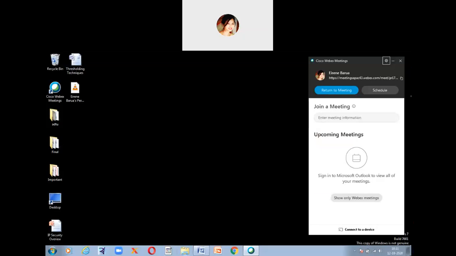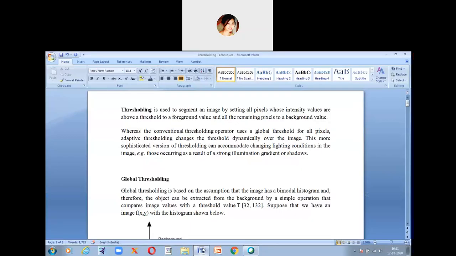I hope you people can see my screen. Okay, so today I shall explain thresholding techniques. You already know what thresholding is.